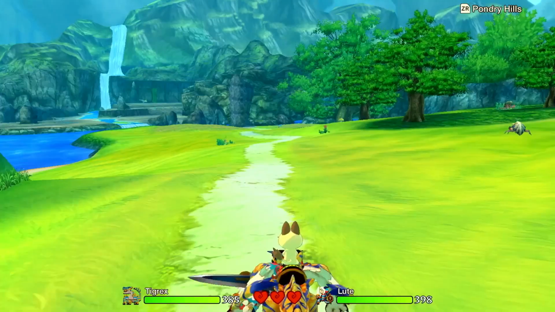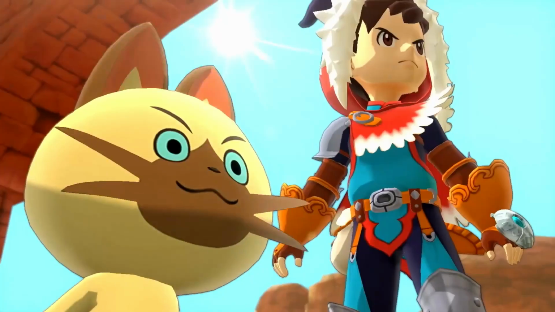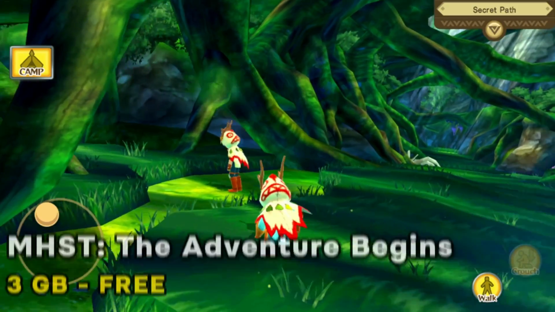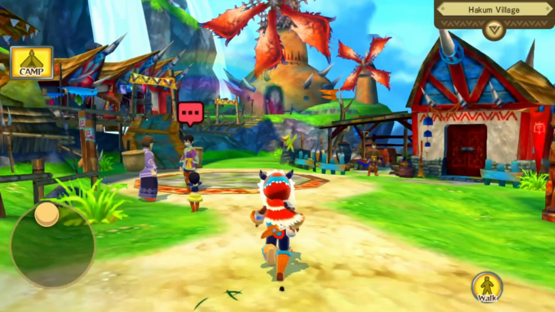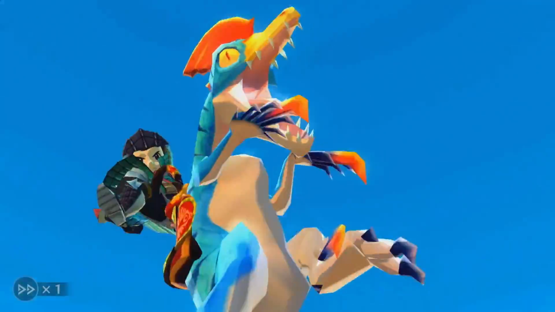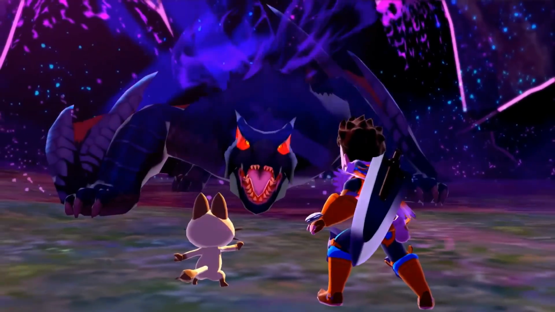Number 3. Monster Hunter Stories. The adventure begins as a free-to-play RPG from Capcom that is based on the Monster Hunter franchise. In this game, you play as a rider, a person who can form bonds with monsters called monsties and use them in battle. The game features a vast open world that you can explore on foot or on the back